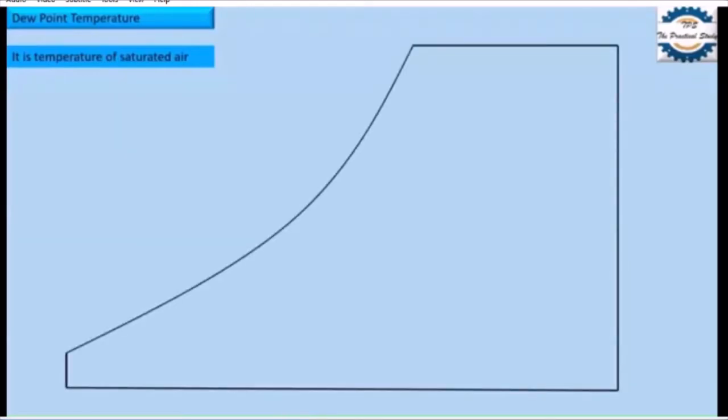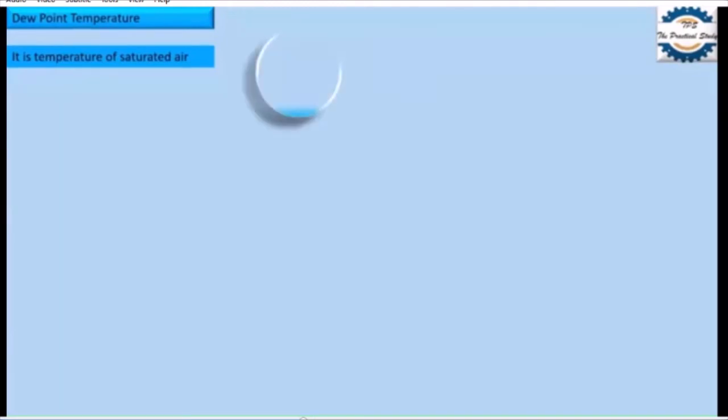So you know the definition of saturated air: when the ability of the air to absorb the water vapor becomes full, then that is called saturated air. That is what they have explained just now. Observe here, the air what we have is completely filled with water vapor. Then that temperature, or that point, we call it the saturation point.